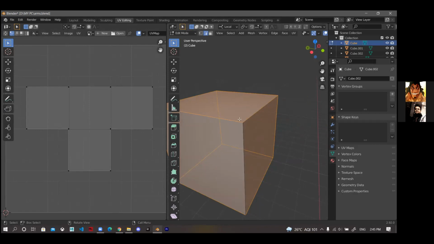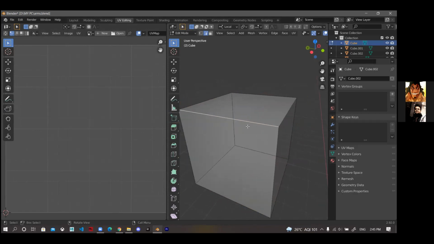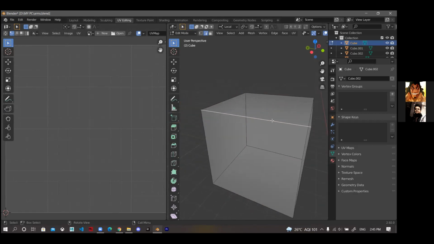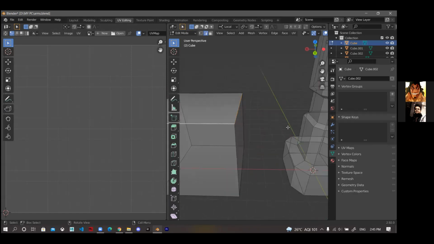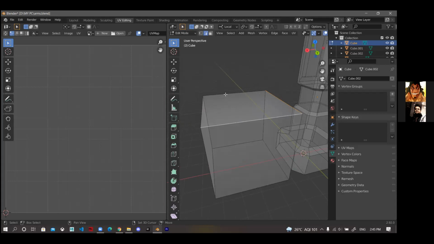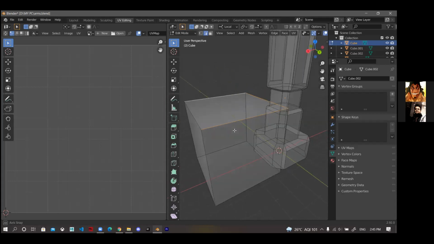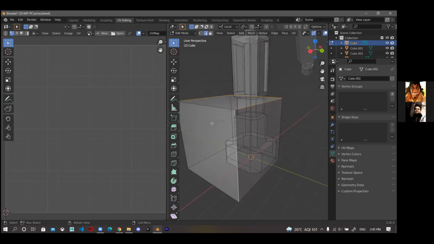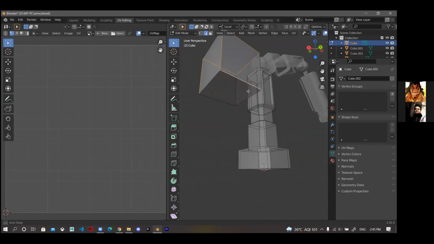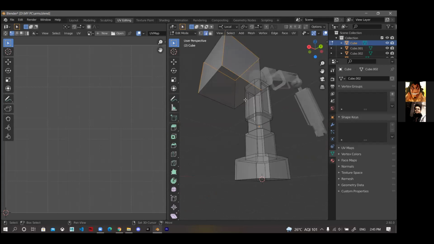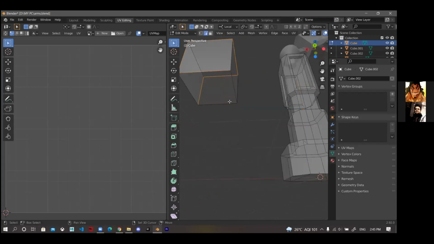For example, first of all we cut this edge, then we cut this edge again, and we cut this edge here as well, then here, then here, and then here, and here.